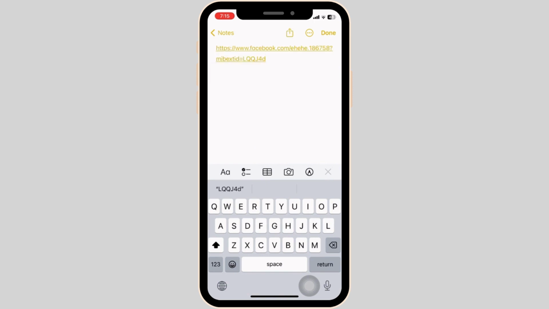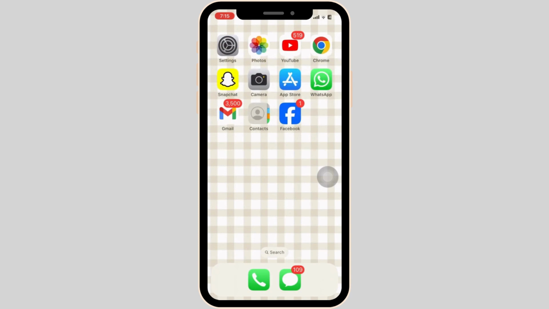As you can see on the screen, I've pasted the link in a Notes application of the iPhone device. And that's it. This is how you can find your Facebook username and